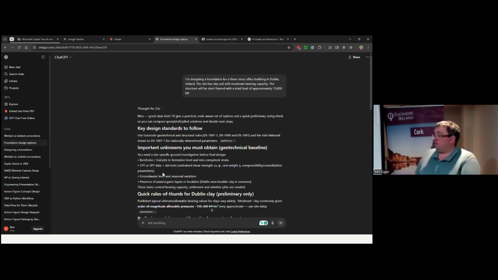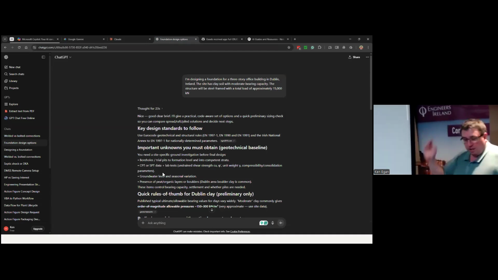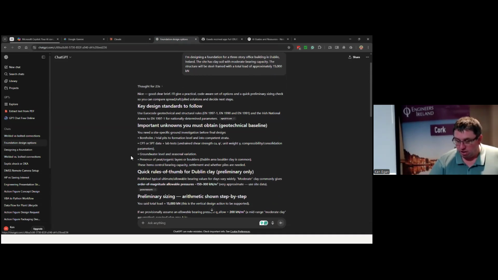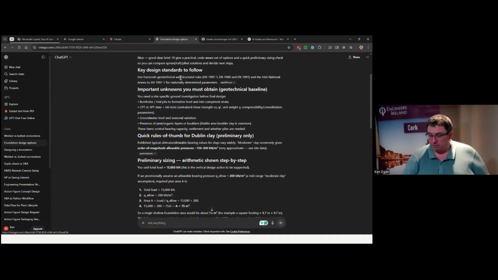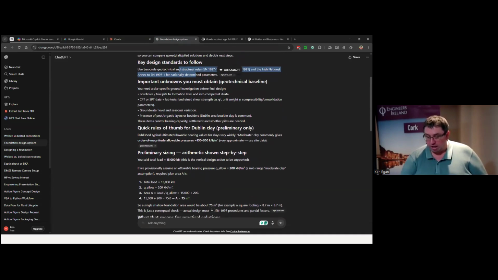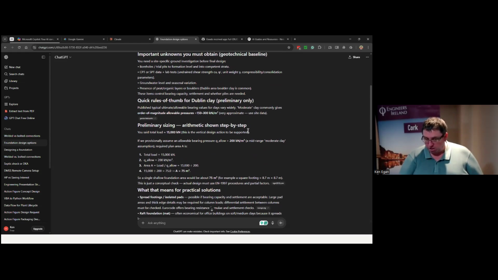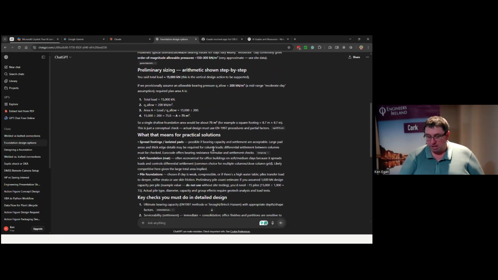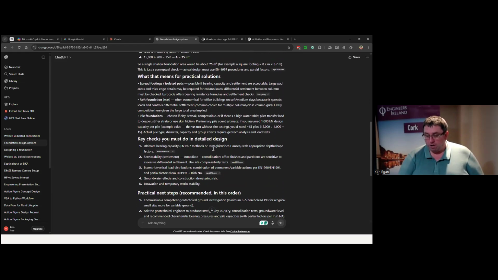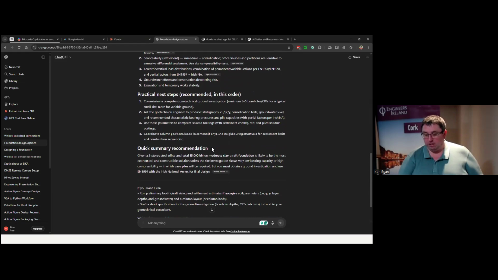ChatGPT. The example there is I put in the foundation for a 3-story office block in Dublin, the example I read out earlier, right? So it went away and was able to give me key design information. And because it's in Dublin, it picks up on the Eurocodes and the structural rules and the annex, bearing in mind everything up to 2024. Okay? So quick rules of thumb for Dublin clay, going from memory. It does a little bit of arithmetic on it for you, and it shows you what it can do, right? And gives you detailed information.